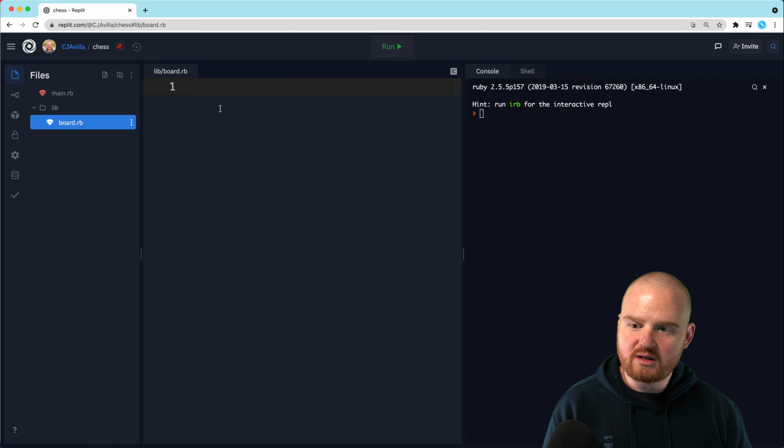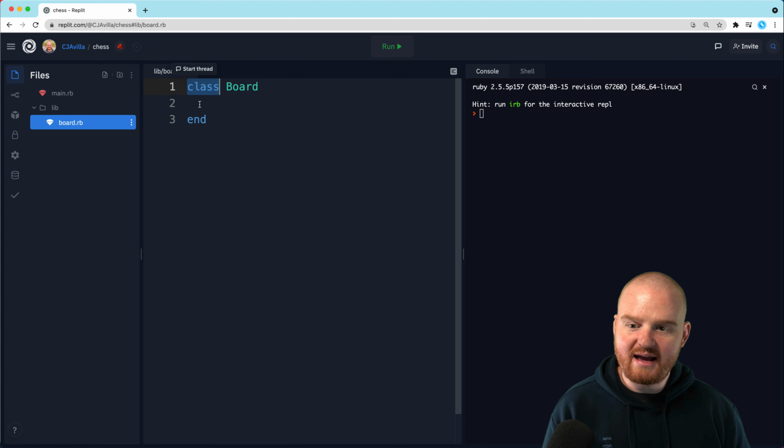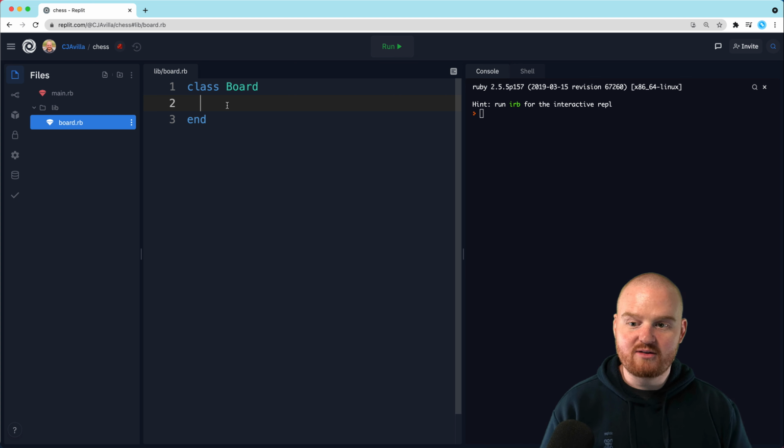And in our board class, we're going to start with class and Board. The names of our classes are always going to be capitalized. That is a special thing in Ruby, and we're going to start with class and just an end at the bottom. Now, in between the class where we define the name and the end, this is where we're going to write all of our instance methods, class methods, and the logic for what the